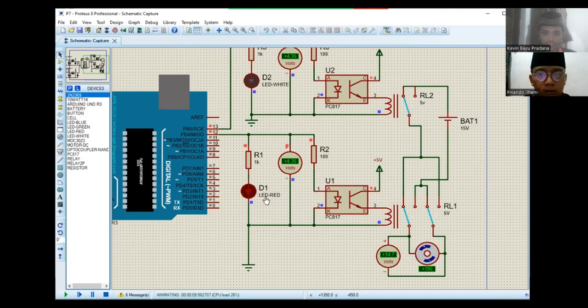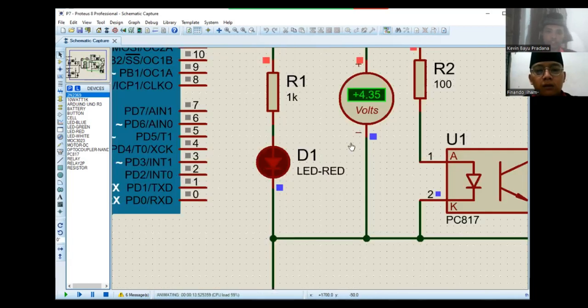And then next, this is the indicator for whether the motor rotates clockwise or counterclockwise. It will be on if the motor turns clockwise, and off if the motor turns counterclockwise.